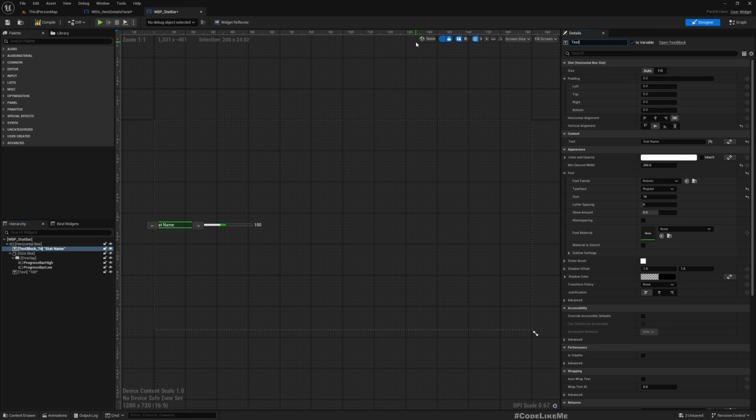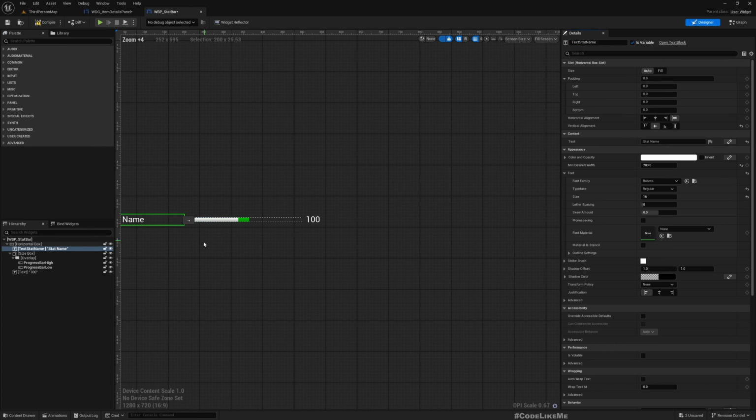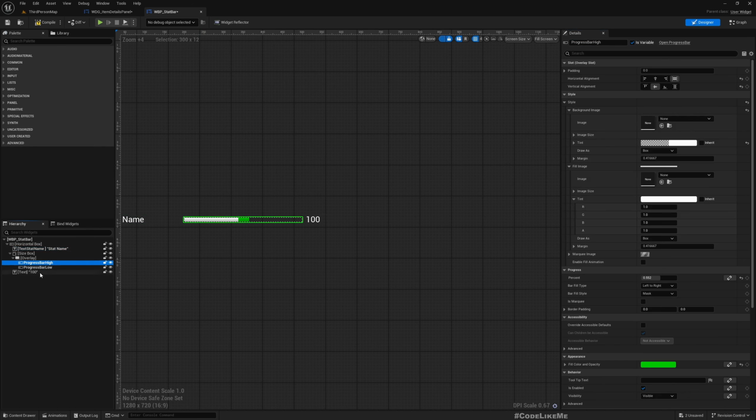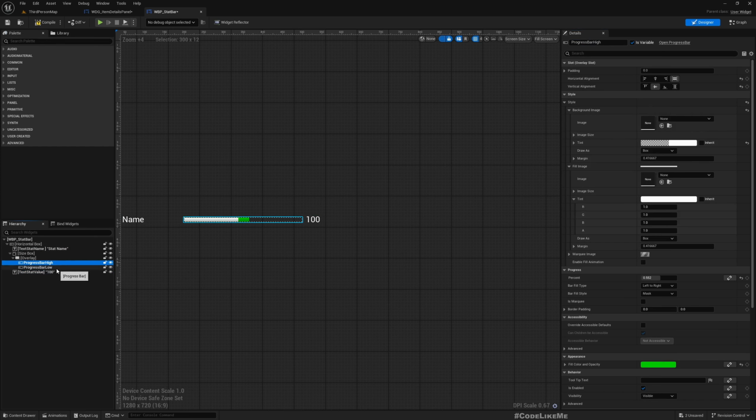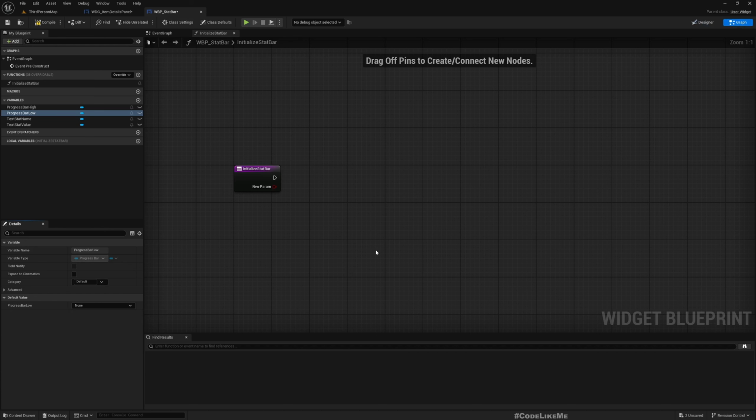Let's call it text stat name, the variable, and this text stat value. This is already a variable. Great. So get the stat name,